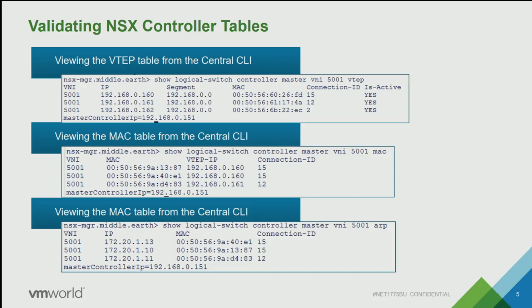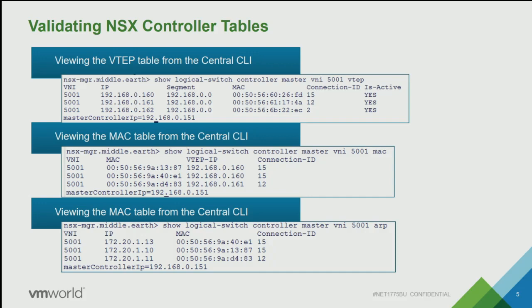to talk to each controller individually to find things like the tables. So you go into one controller and you say, let me have the VTEP table, and the controller would say, not found. So you go to another controller and say, let me have the VTEP table, and the controller would say, try again. You go to the third controller, and then you get it. With NSX Central CLI, we can go to the NSX Manager with our CLI,